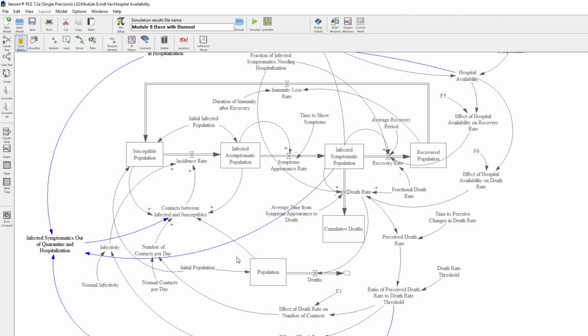So in module 9, we're going to be adding fatigue to this model structure, where as people are adjusting their behaviors to reduce the number of contacts per day or lower the infectivity, people build fatigue and there is pressure to go back to the behavioral mode